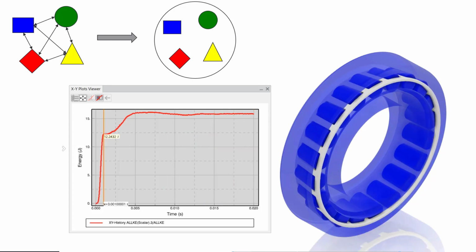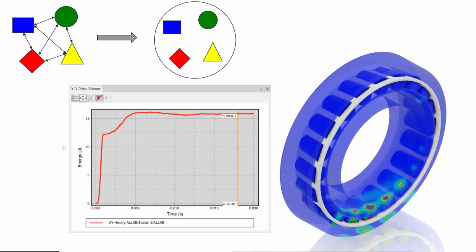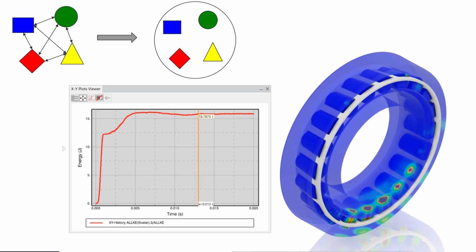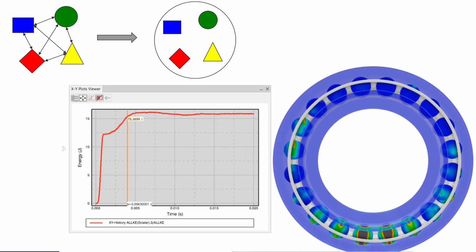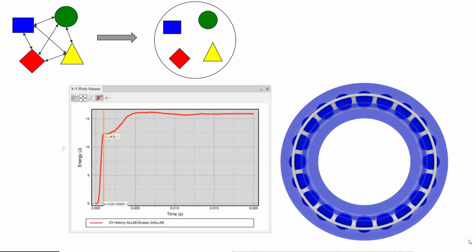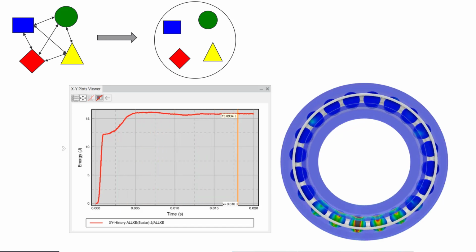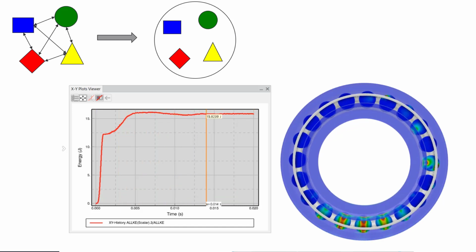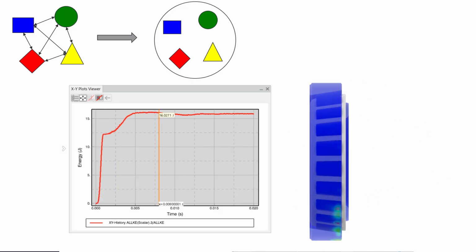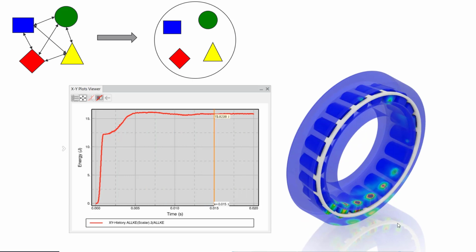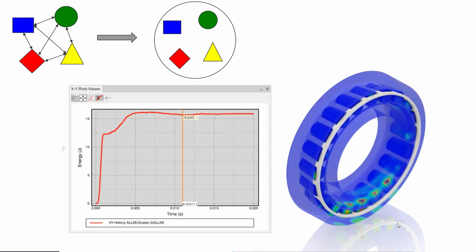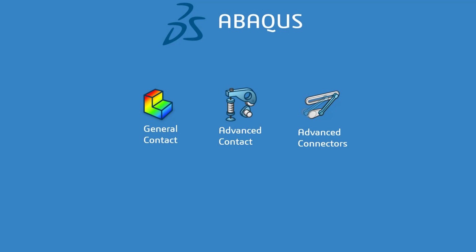Another thing to note is this type of simulation would not be able to be solved in SOLIDWORKS Simulation Premium. The general contact is allowing for not only all of the contacts to be taken into consideration, but the rollers to roll and move in a 360-degree movement, that large displacement nonlinear application. The other thing that ABAQUS is allowing for is that downward load. That's why you see stress starting on those lower rollers, and then it dissipates as the bearing rotates up through its full 360 degrees. So again, this was a great example of a general contact, advanced contact capabilities,